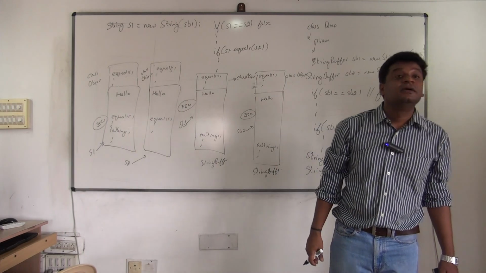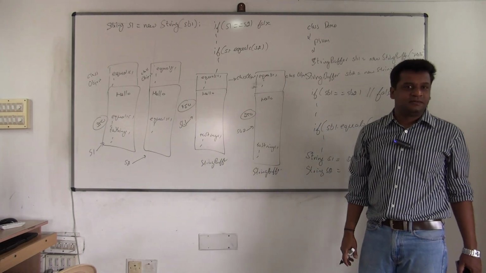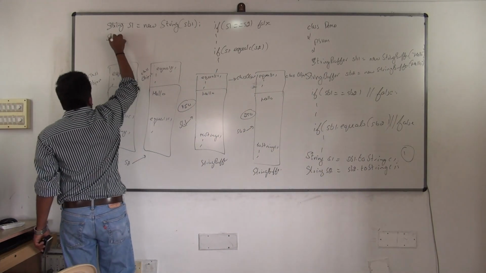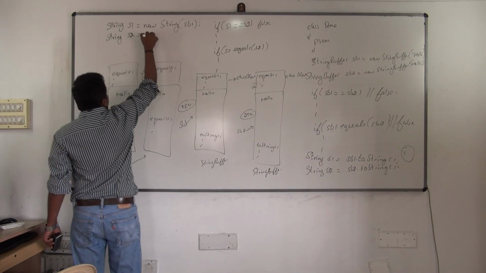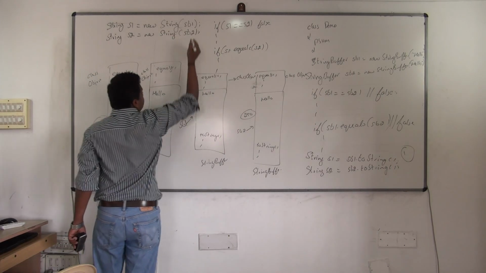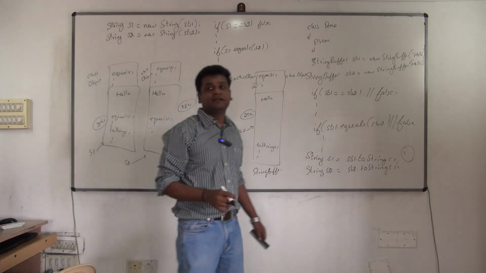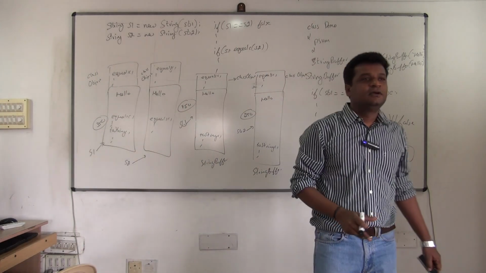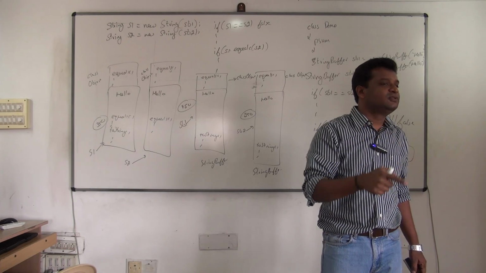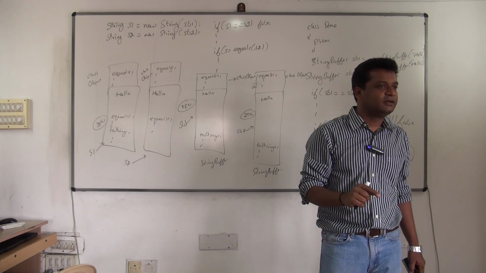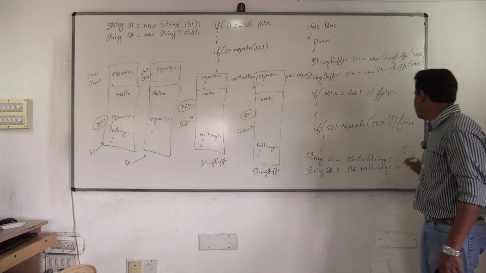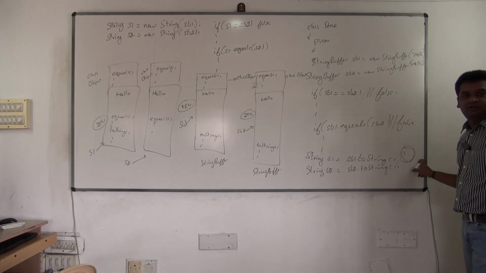I can use the constructor of StringBuffer, understood? Or I say I converted SB1. Again I'll write String S2 is equal to new String of SB2. So what is the argument I am passing there? StringBuffer. Notice, String has an overloaded constructor. Yesterday we were passing string values to the constructor of String, but today I am passing StringBuffer values to the String constructor. Fine. So this is one way how you convert a